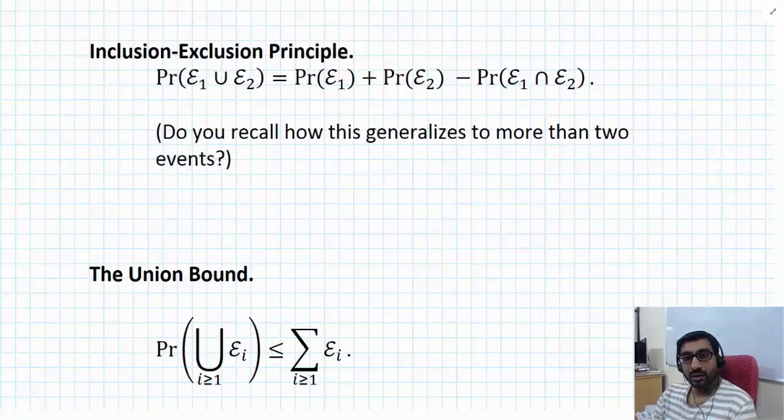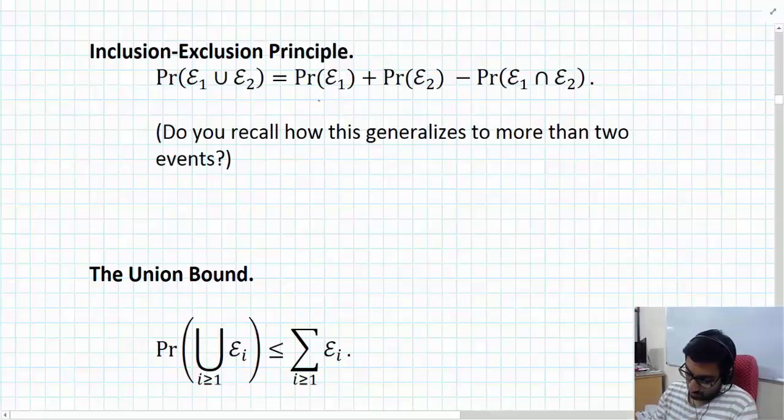So before we end this segment, let us look at a couple of fundamental principles that are very useful in probability theory. The first one is the inclusion-exclusion principle. This actually comes from the inclusion-exclusion principle in set theory. Let's say we have two events, E1 and E2. The probability of their union is equal to the probability of the first event, E1 by itself, plus the probability